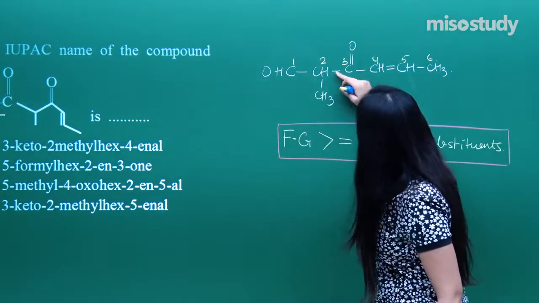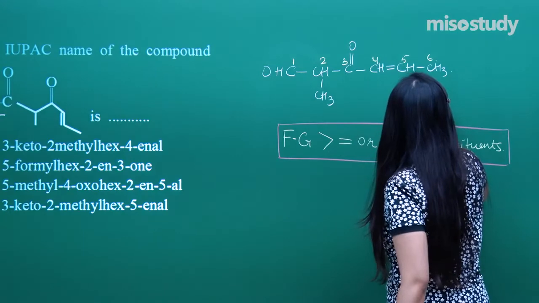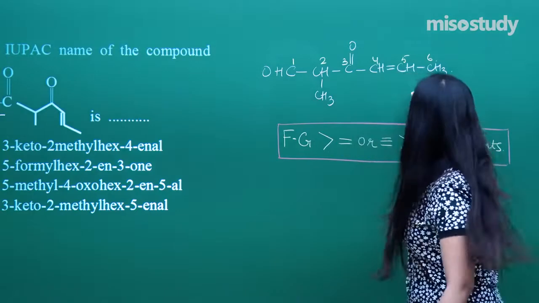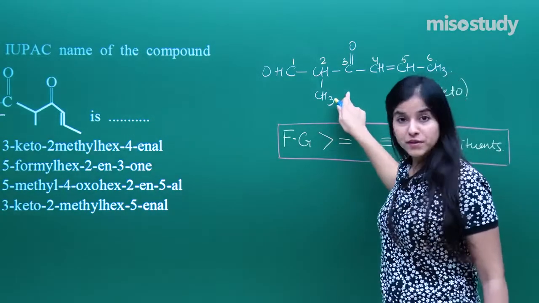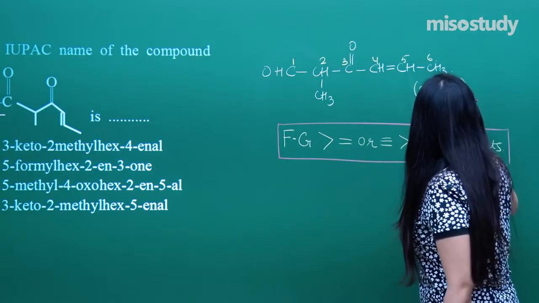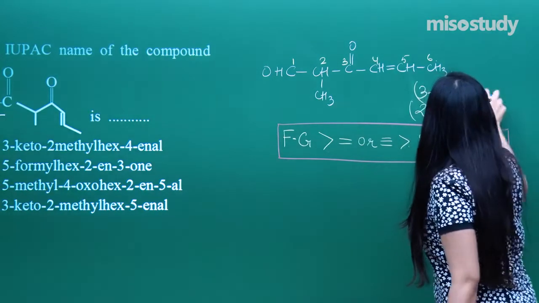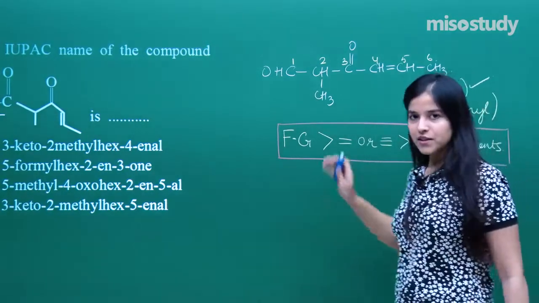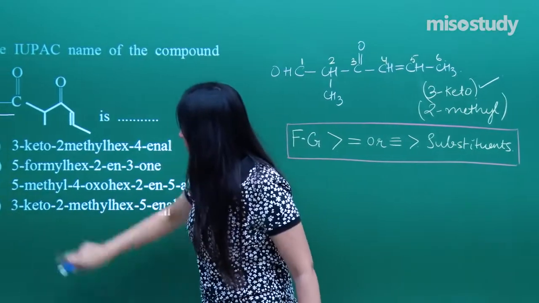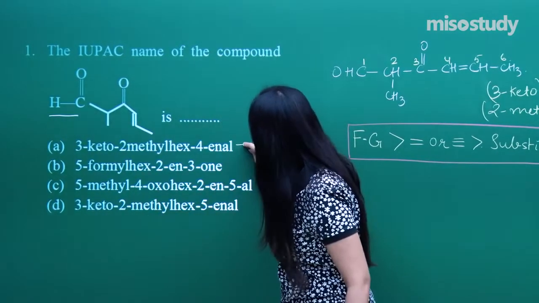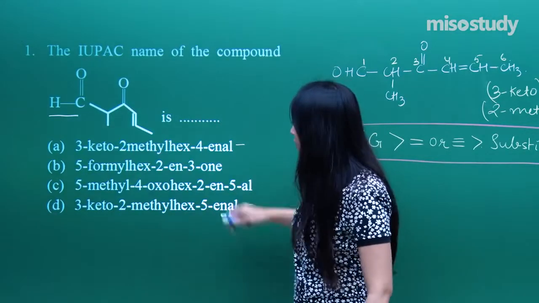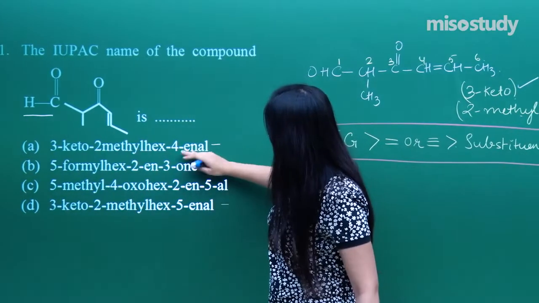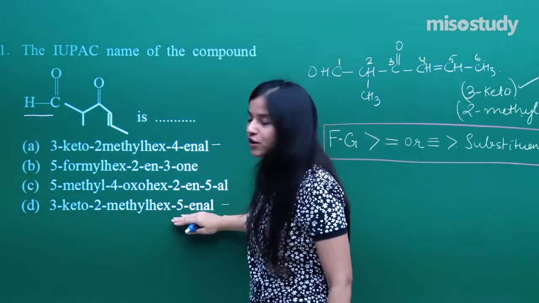The name would be, there is 3-keto, that is the prefix name for the ketone, and I have got 2-methyl as well. These are the substituents which are attached. Now as per the alphabetical order, I need to assign 3-keto first. Let us check in the options. Is there 3-keto? Yes, we have 3-keto in 2 options. Now I need to assign 2-methyl. Yes, there is 2-methyl. The main difference lies in the assigning of the double bond.